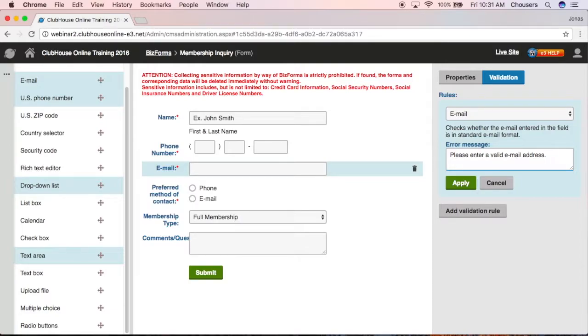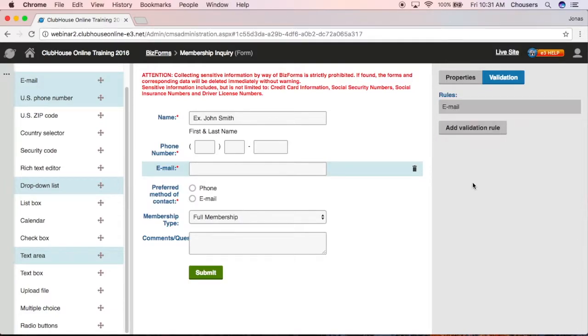Once you've set that rule, just click apply. So we now have that validation for our email component. Note that if a component is marked as required, the validation will automatically say please enter a value if left blank upon submission. Now that we've built our form, we're going to go ahead and click on this little 3